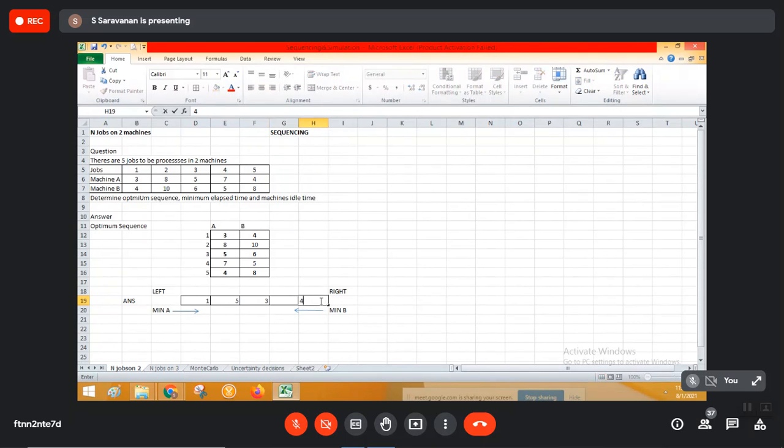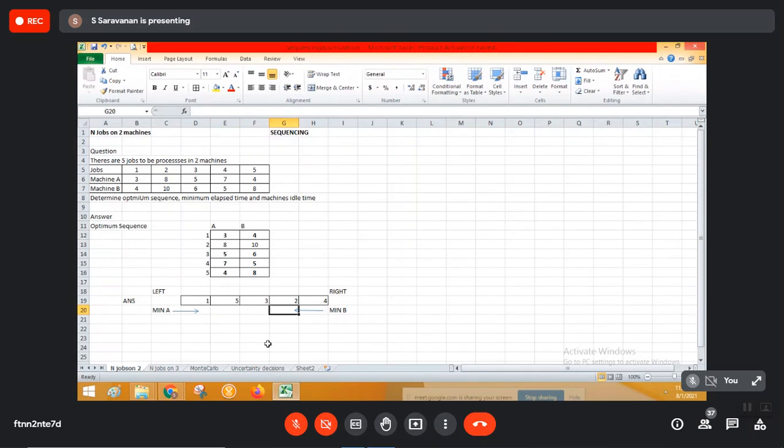I made a mistake in the position. Now we have to take 4. So now this is also chosen. So only one is left, 8 and 10. Irrespective, there is only one, there is no other choice. We can use that number 2 here. So it is not 15342, it is actually 15324. When it is machine B, we should start from the right hand side position, and when it is machine A, it should start from the left hand position.